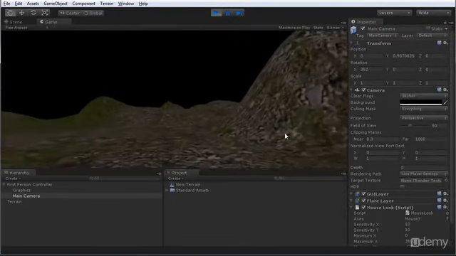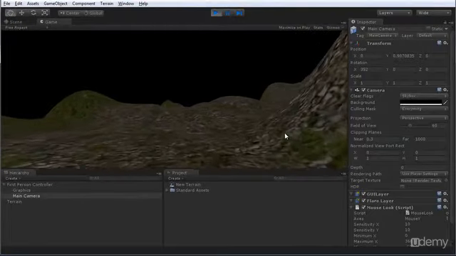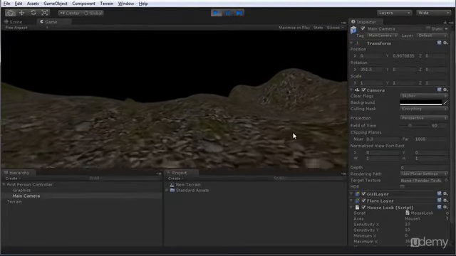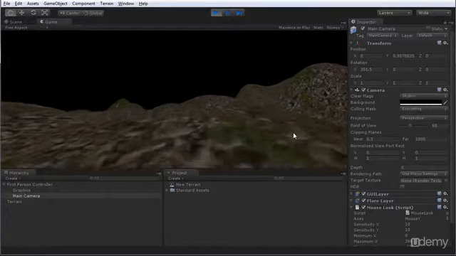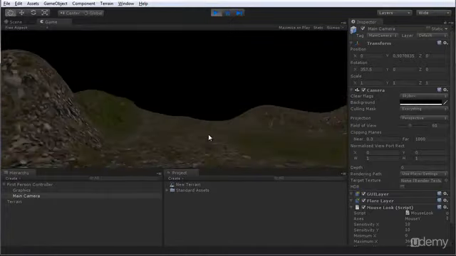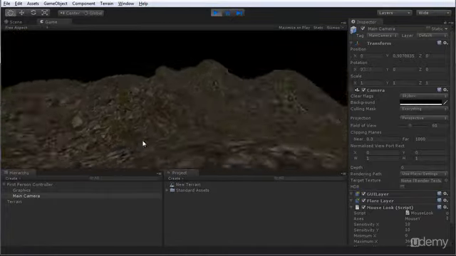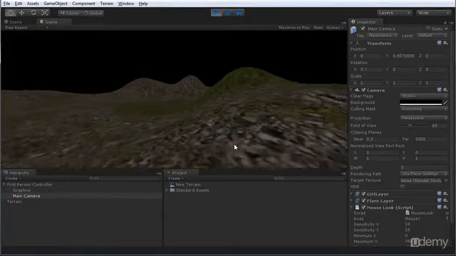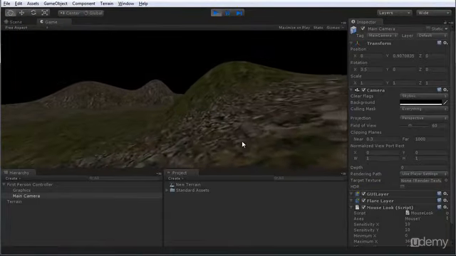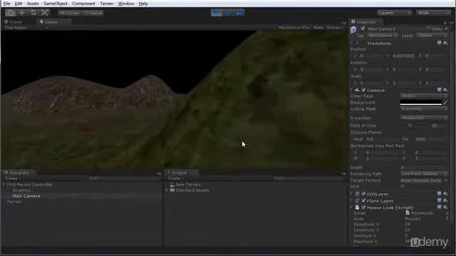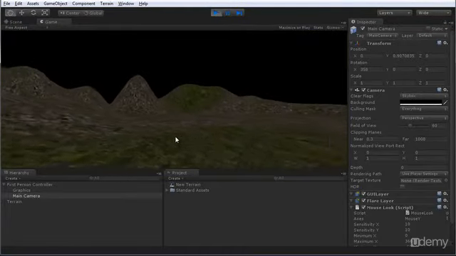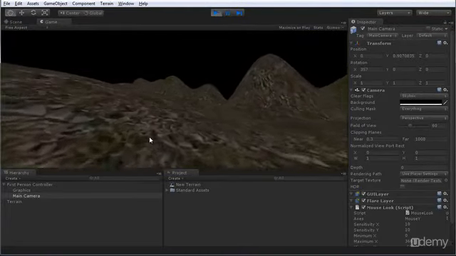The result is that every surface in the level receives exactly the same amount of illumination. You will notice on this terrain here that there's absolutely no variation in its value, in its shading. There are no shadows, there are no areas that are darker than others. It's just completely